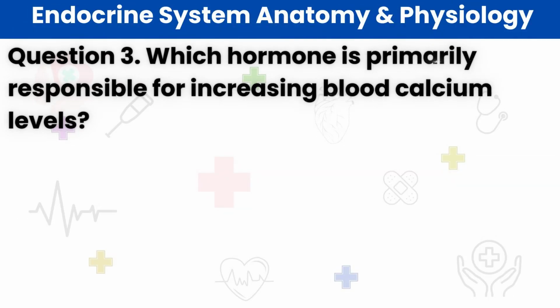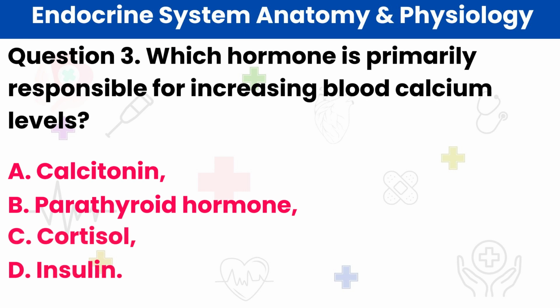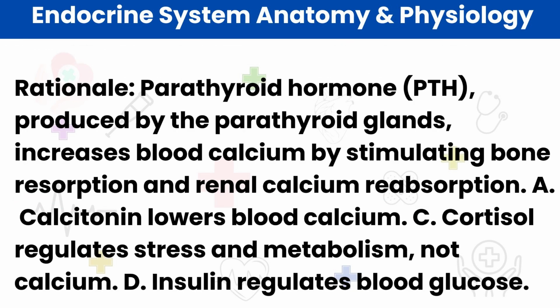3. Which hormone is primarily responsible for increasing blood calcium levels? A. Calcitonin. B. Parathyroid hormone. C. Cortisol. D. Insulin. Answer B. Parathyroid hormone. Rationale: parathyroid hormone, PTH, produced by the parathyroid glands, increases blood calcium by stimulating bone resorption